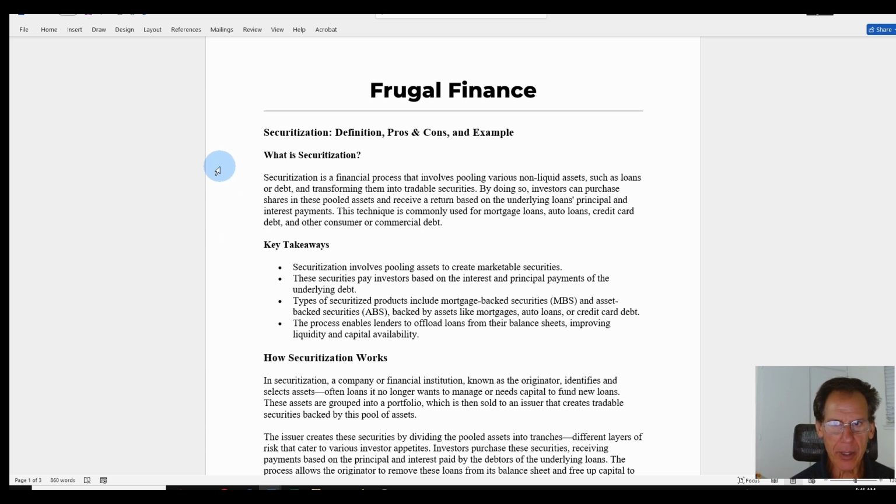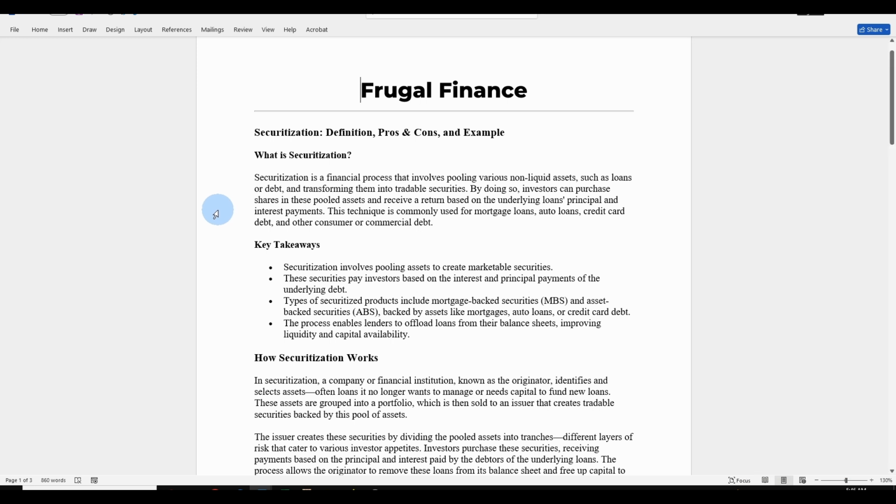Definition, pros and cons, and example. What is securitization? Securitization is a financial process that involves pooling various non-liquid assets such as loans or debt and transforming them into tradable securities. By doing so, investors can purchase shares in these pooled assets and receive a return based on the underlying loans, principal, and interest payments. This technique is commonly used for mortgage loans, auto loans, credit card debt, and other consumer